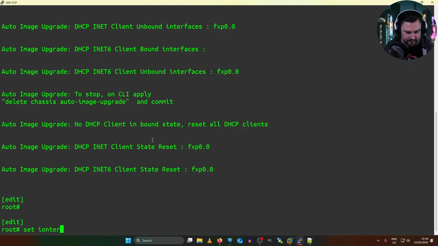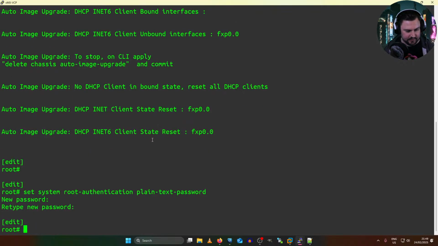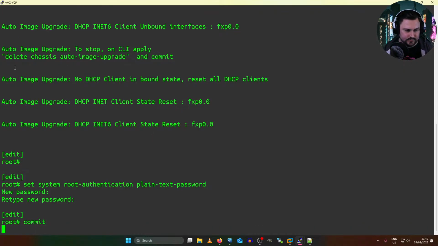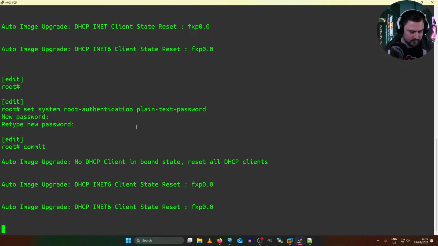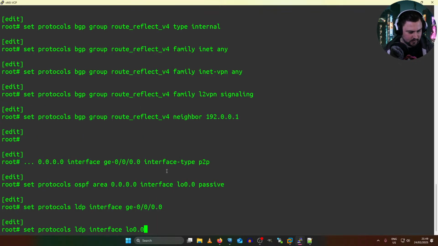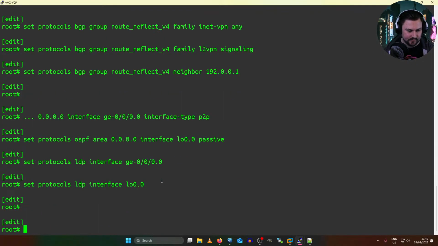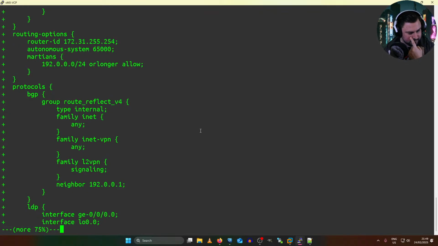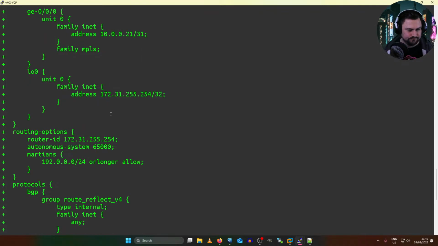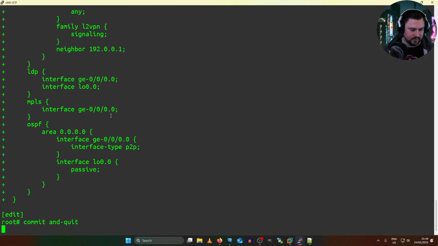Set system root-authentication, then I can set my lab password for it, commit it so it doesn't keep complaining, and then copy paste the config over and see what happens. It actually copied everything, so I don't know why that happens. Maybe it's if there's longer lines of code. Anyways, we can do a show compare, see what our differences are. Looks fine. Commit and quit.